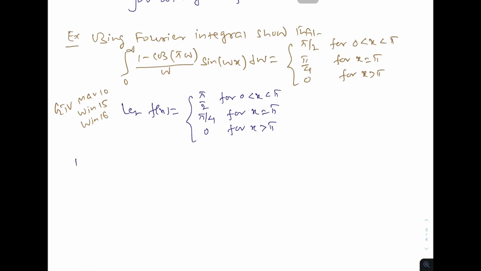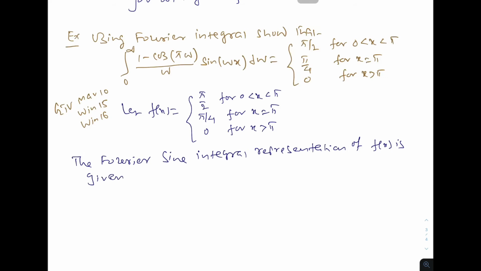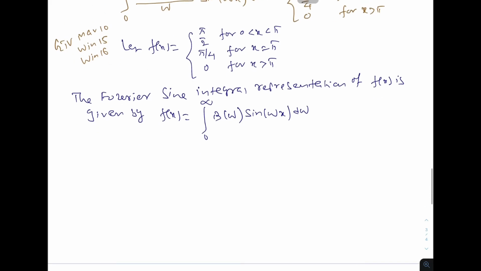So the Fourier sine integral representation of f(x) is given by f(x) equal to integration 0 to infinity b(omega) sin omega x d omega,